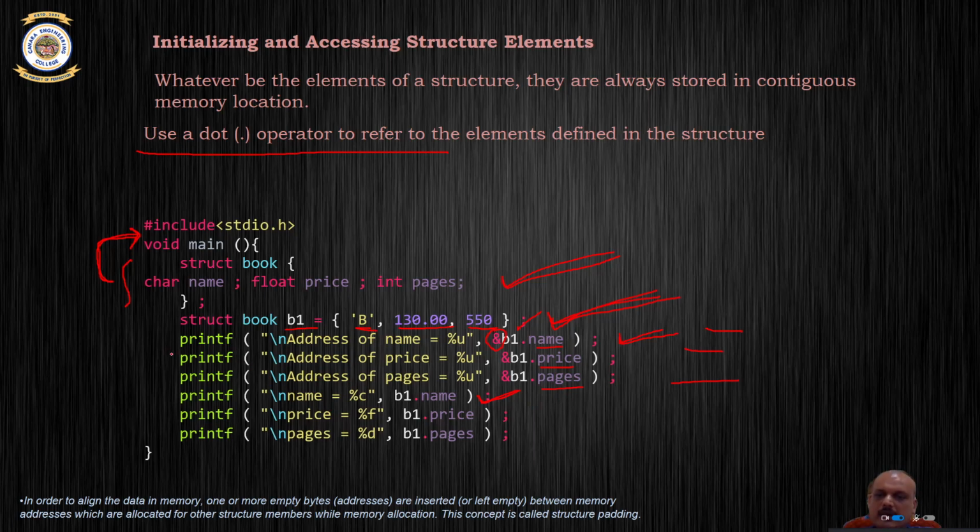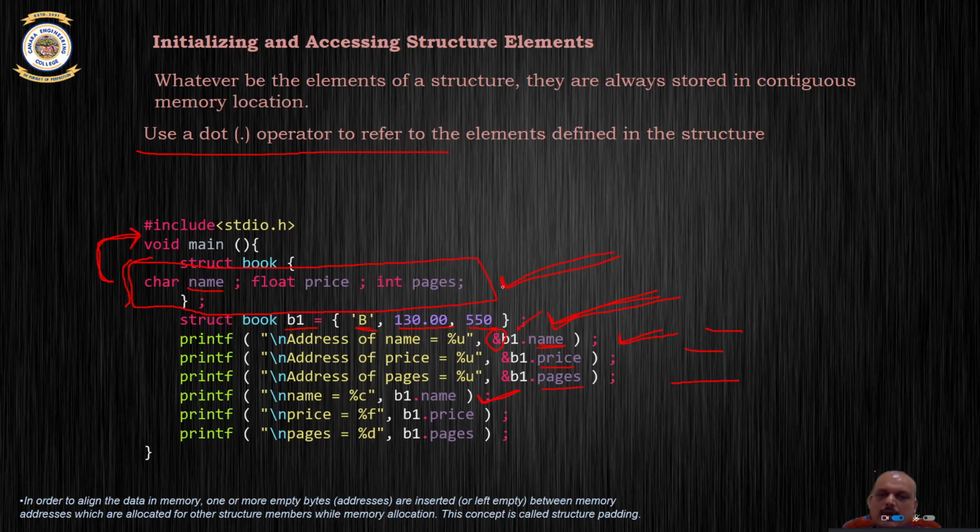Okay, and depending on the compiler or the type of operating system that you are using, you might be surprised that the character which we know takes 1 byte of memory might take a little bit more when it is put inside a structure. Now this is called structure padding. So the amount of memory required to store all these 3 types might be a little bit more than the memory required to store them individually. Say in this case, character requires 1 byte, floating point requires 4 bytes, integer requires 4 bytes. So 4 plus 4 is 8, 8 plus 1 is 9.